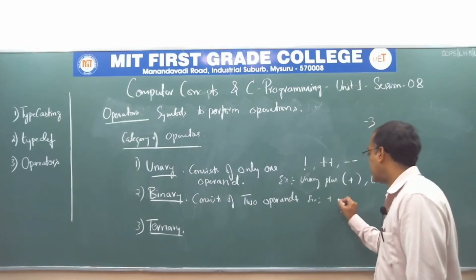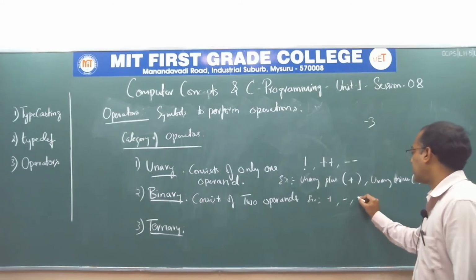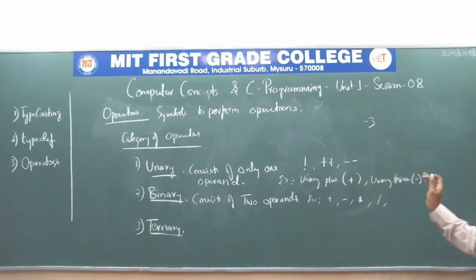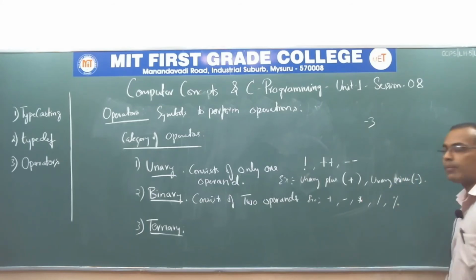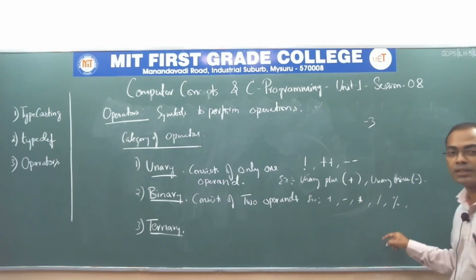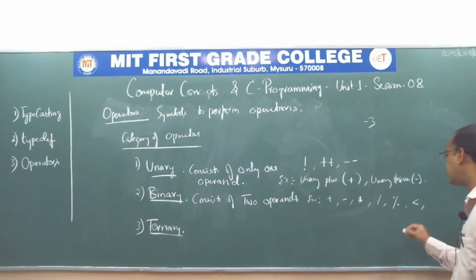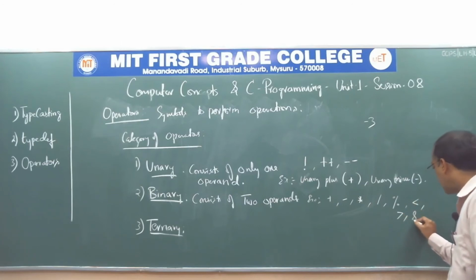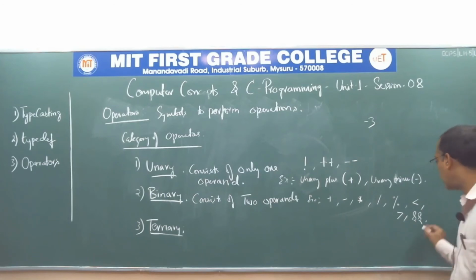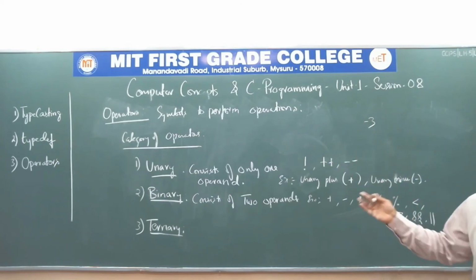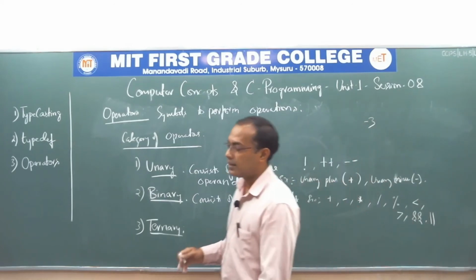So what are they? Addition, subtraction, multiplication, the asterisk symbol, and then division, the forward slash, as they say. Then the modulus operator we saw in the previous session, which is used to get the remainder, and the relational operators less than, greater than, and logical operations, for AND and OR operations, the pipe symbol, as we say. All these are examples of binary. What I can say is most of the operators fall in the category of binary. Okay. Next is the ternary.